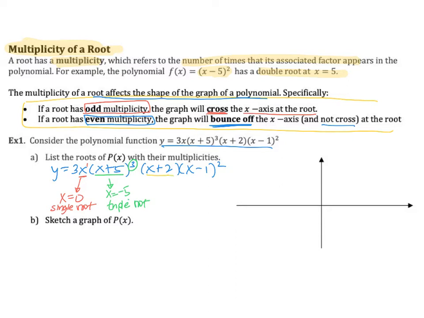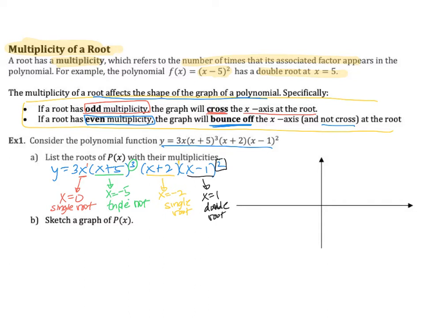Then we have x plus 2. This is to the first power, so we have x equals -2, and that's a single root again. And then at our last one, which is x equals 1, it's raised to the second power, so that is a double root. So first of all, I would encourage you to sketch or graph those roots on your sketch